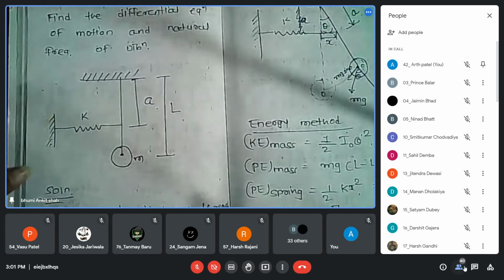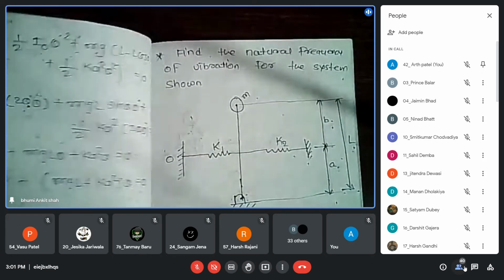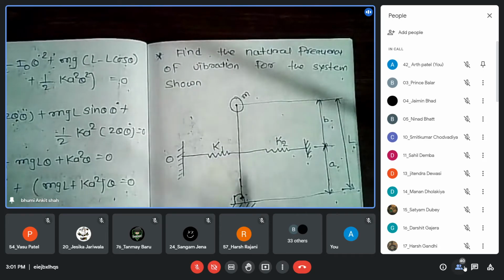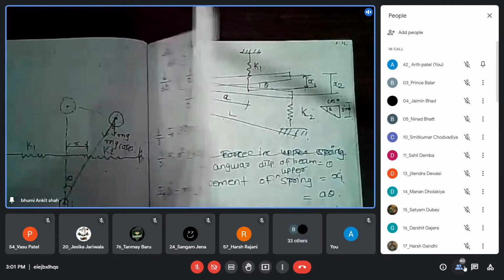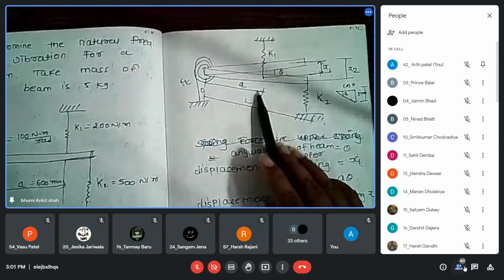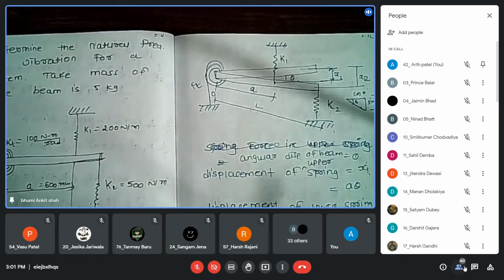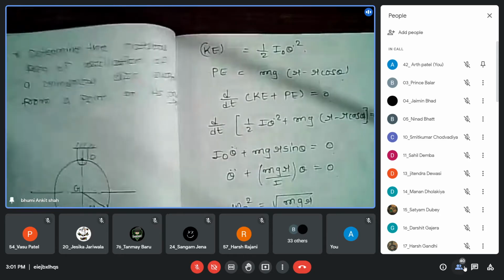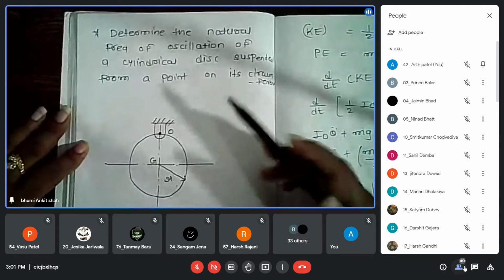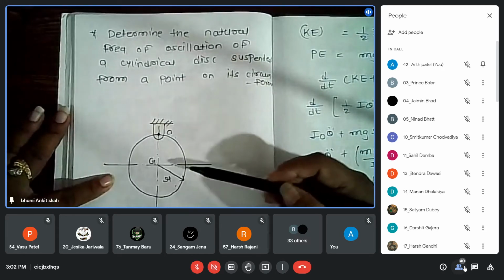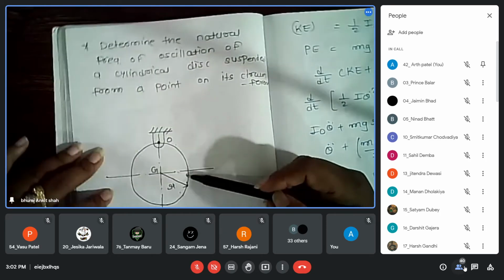Then we discussed different arrangements with the pendulum, the spring pendulum. Here we have two springs and a different orientation of the pendulum. Today we solved the beam and spring, right? Now this is also a kind of pendulum. It is the same thing we solved for the pendulum, but instead of a pendulum, here you have to consider a disc.